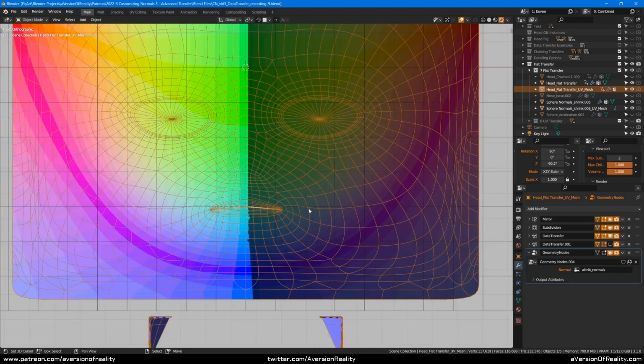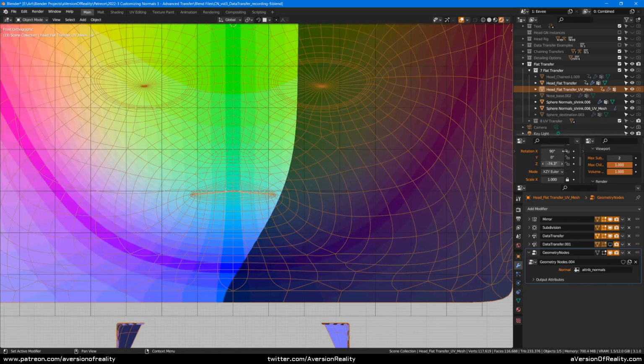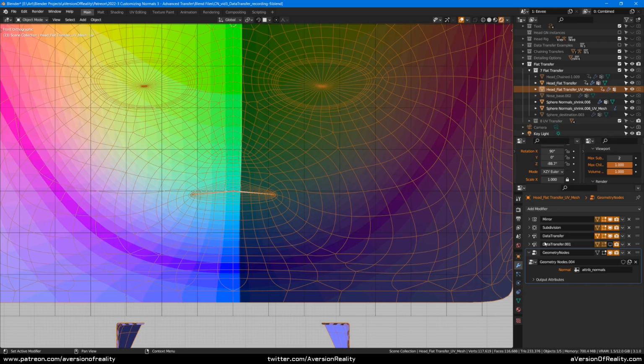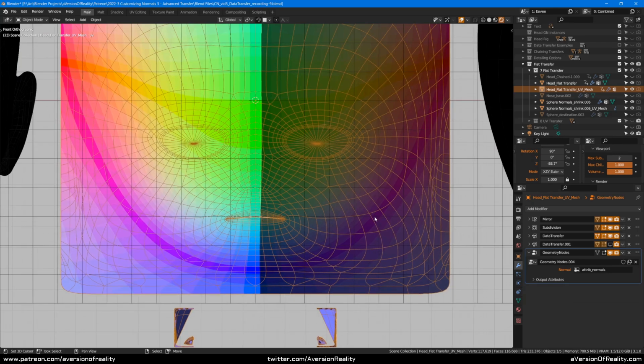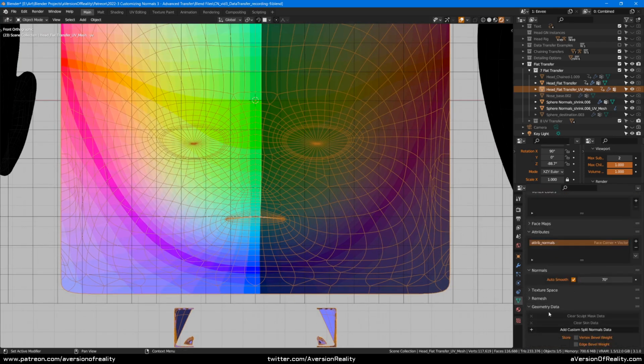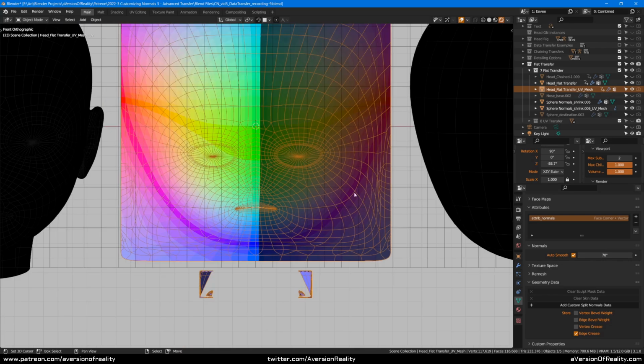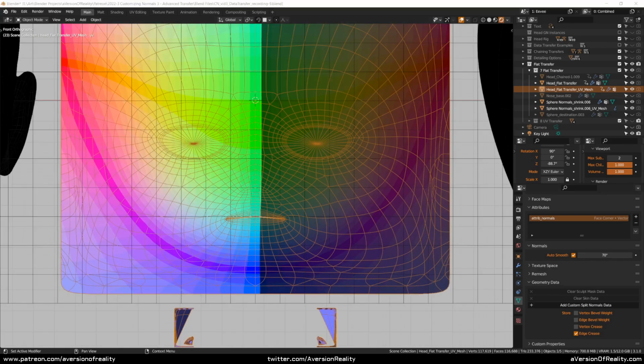First of all, it doesn't happen when we're transferring with geometry nodes, which is what we're going to do anyway. I'm going to switch the material over to getting normals from geo nodes, and it goes away. No problems. So that's one thing. I've actually done a bunch of tests transferring things other than normals, and it doesn't show up in any of the other ones. So I think something is going wrong in the actual custom normals pipeline, which is what Autosmooth enables. I'm not sure what.